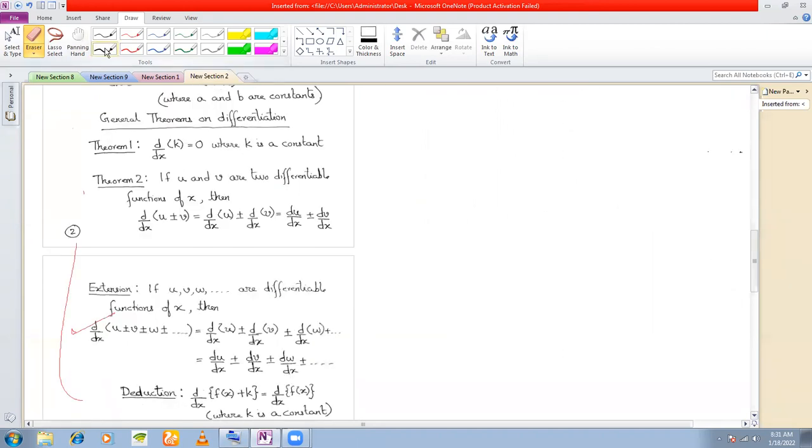First theorem, and a very important theorem, is that the differentiation of a constant is always 0. What do you mean by this? Differentiation of a constant is 0. Suppose I come across the differentiation of 6, it has to be 0. Differentiation of 1.1, these are all constants, right? Any number that you take will be a constant. Differentiation of a constant will always be 0. Okay, this is the first rule.